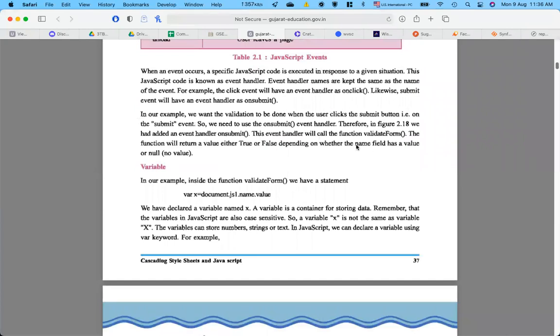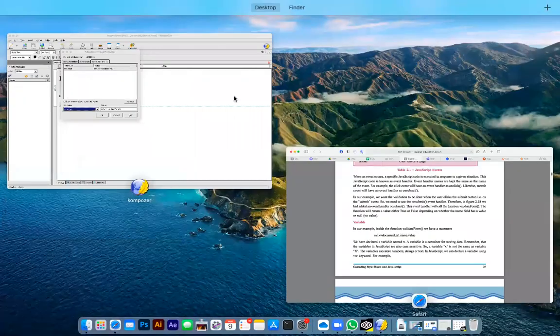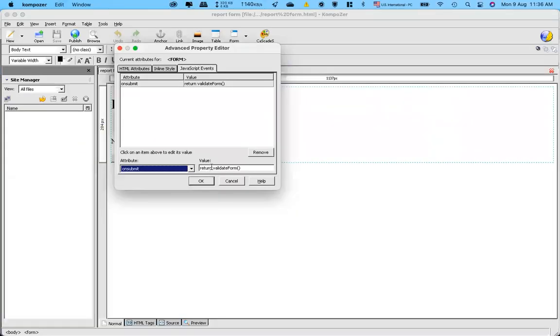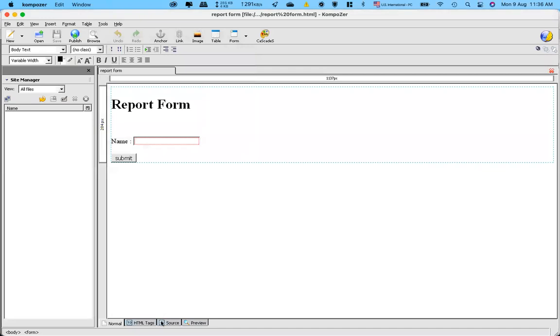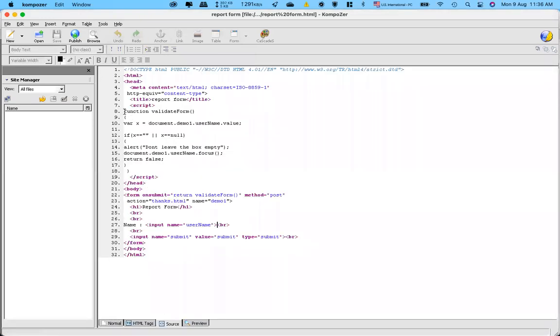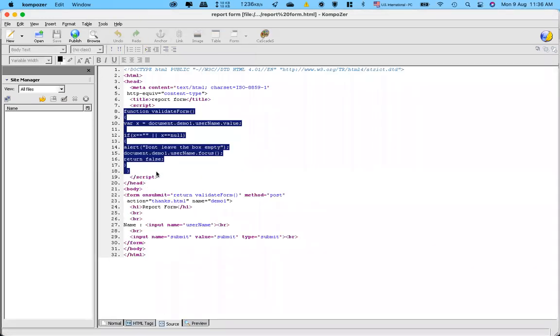This event handler will call the function validateForm. Now what happens when this event handler is supposed to run a particular set of code? What is it going to run? It is going to run this particular function whose name is validateForm, which is this one in our case. So you can see the connection, how things are connected.